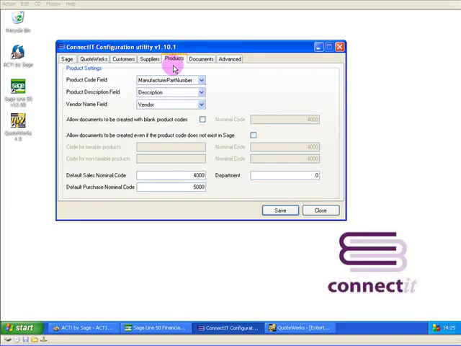The Products tab. The Products tab enables codes to be defined for products that do not already exist in Sage, so that the user does not have to create every product in Sage before documents can be transferred from QuoteWorks to Sage. By default, ConnectIt uses the manufacturer part number field in QuoteWorks to match with the product code in